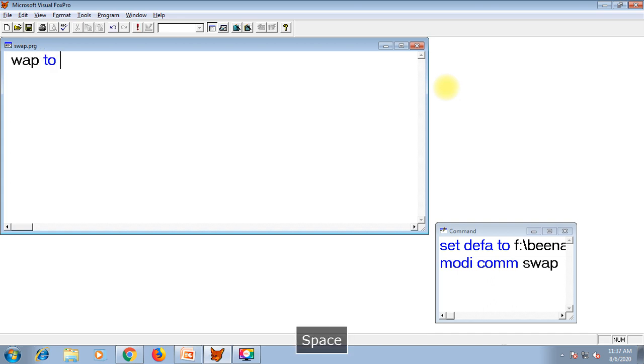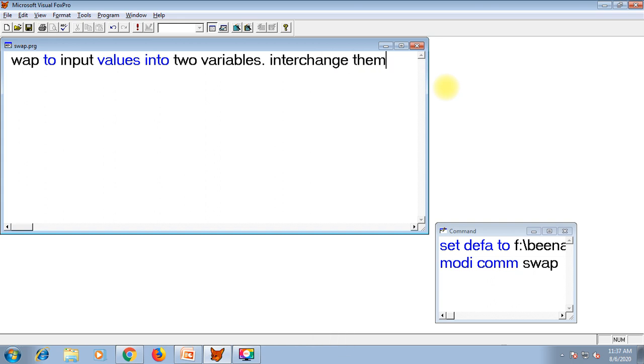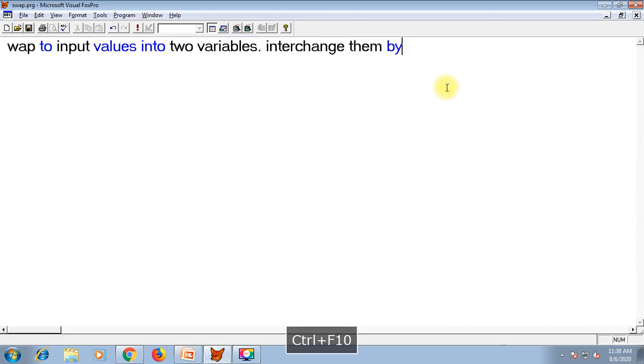Write a program to input values into two variables and interchange them by using third variable.